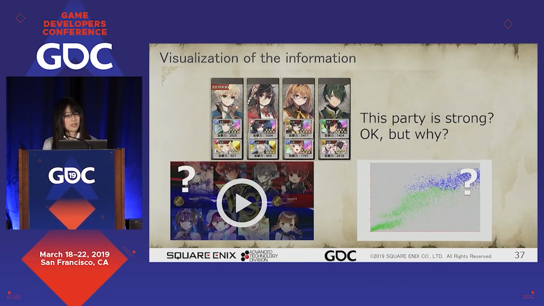At the end of this presentation, I explained the detail of the GA algorithm. GA showed us the strong parties. However, it's too complex to understand. Videos of battles are also very hard to understand. We need a better way to visualize this information. From now, I'll introduce our visualization method to find valuable information from an enormous amount of data.